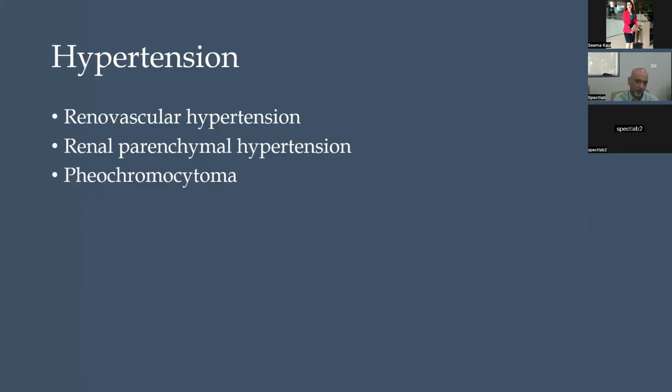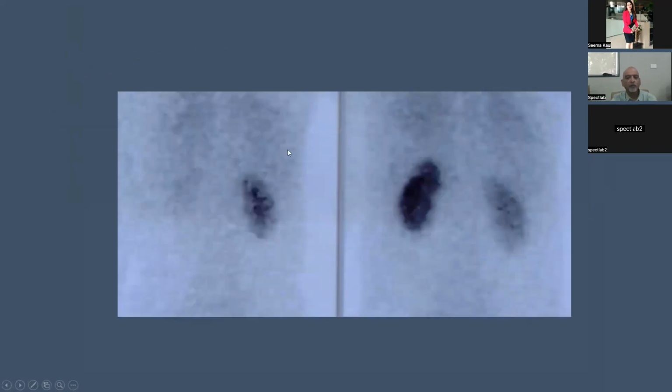Important causes of hypertension are renovascular, renal parenchymal disease because of glomerular sclerosis, and of course, pheochromocytoma. Between these two studies, this one was done as a baseline renal scan, and this one was after challenge with captopril. You can see that the left kidney refuses to show tracer uptake after captopril challenge because of the angiotensin converting enzyme inhibitor effect, since angiotensin 2 is actually responsible for maintaining the perfusion of the kidney in